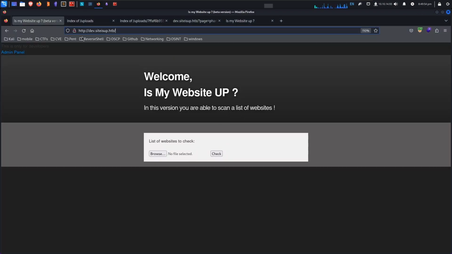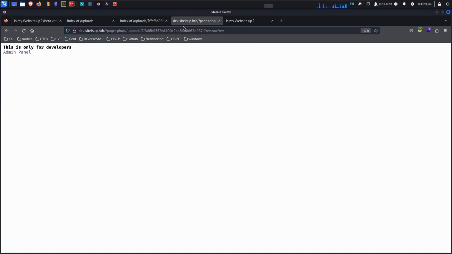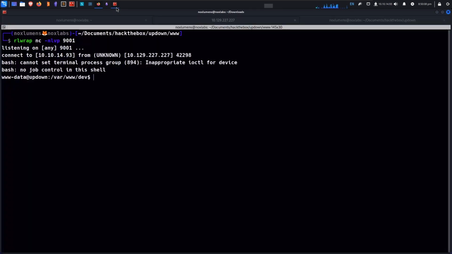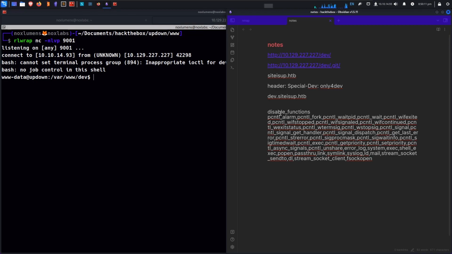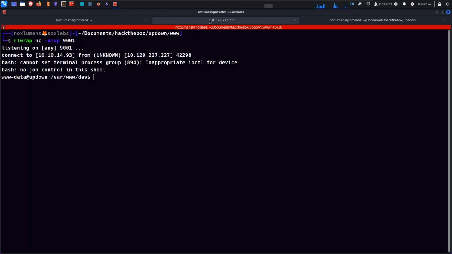And from there, we were able to get the PHP info information, find out what functions were disabled, take those functions, and end up creating a script with the disabled functions to search through and find out which ones we did have access to, which ended up being, was it proc_open? Yeah, proc_open. And from that, we used that in order to create our reverse shell, which we now have,